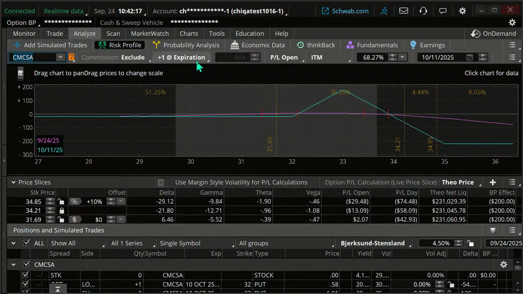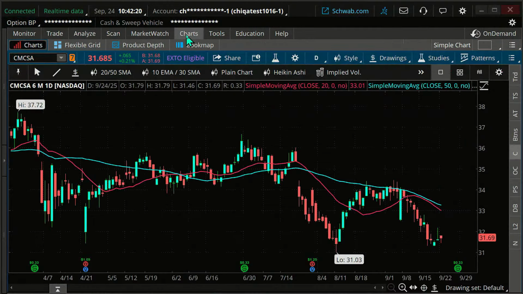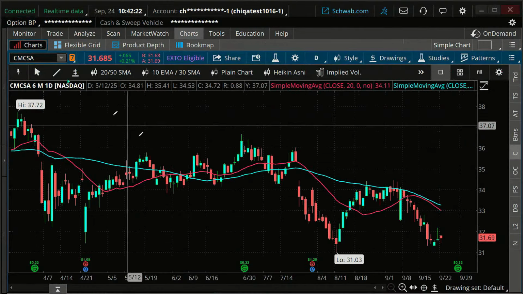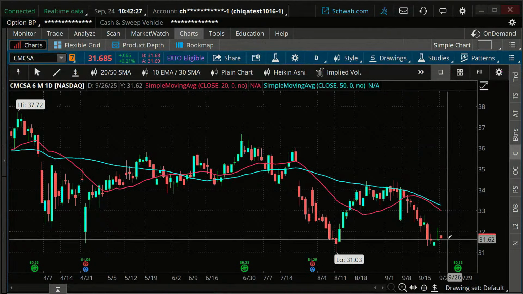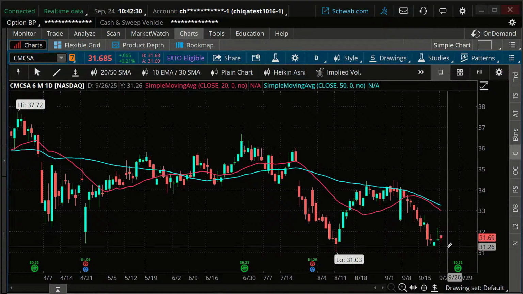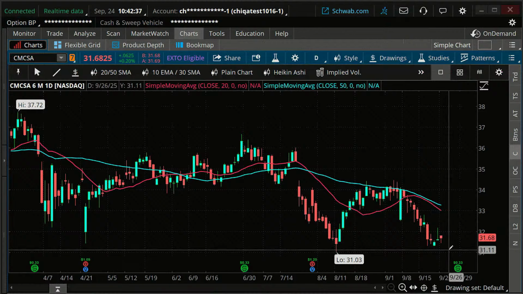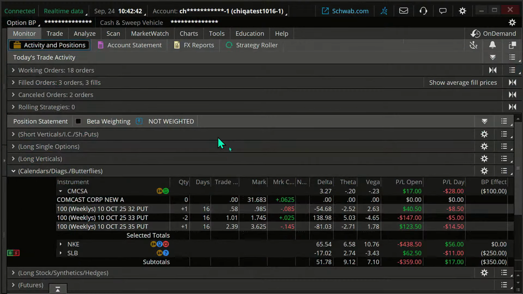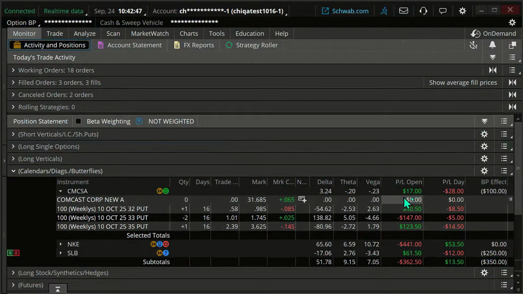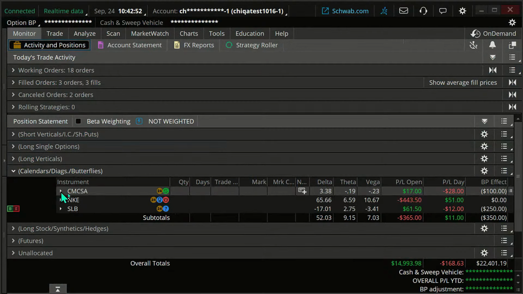But you know, let's look at the chart. What's our feelings on the chart on Comcast? We want the stock to move up a little bit. It looks like it may be bouncing a little bit. I think we stick with that a little bit, because if it does go down, it's not a problem. Well, it could be a problem, but it's not likely. Looking at the Analyze graph, and the Analyze graph isn't perfect, but it looks like we're not in a bad situation if it goes down a little bit. So I'm going to be patient with that one.